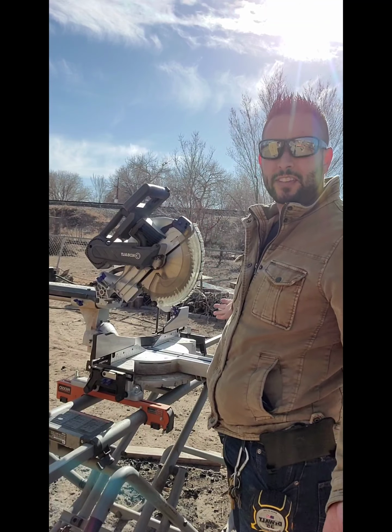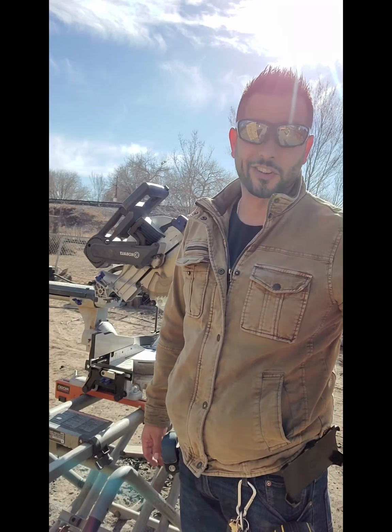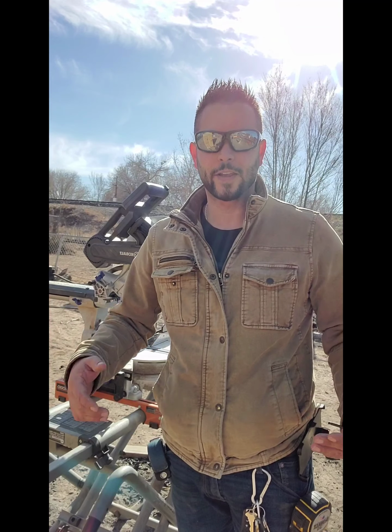Well, I'm all set up. I'm just going to cut my pieces. It's going to be 6.5 feet high. The instructions that I got with that thing really don't make sense at all. But I know how high I want my walls, and then I can figure out the pitch,